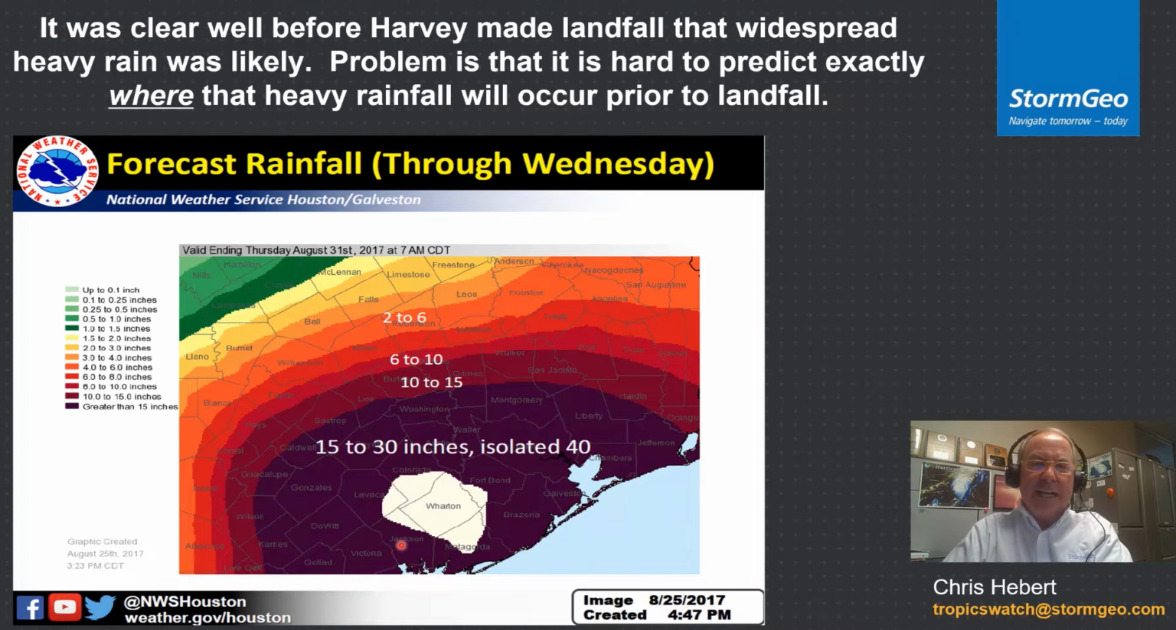Now, we weren't sure exactly where the core of heavier rain was going to occur. Initially, it looked like it might be closer to the core of Harvey, but it turned out that it was between the Houston-Galveston area and Port Arthur toward the upper Texas coast. But this whole area indicated perhaps up to 30 inches of rainfall. So it wasn't a surprise that some areas received very significant rainfall, it's just difficult to predict exactly what area is going to have the heaviest rainfall